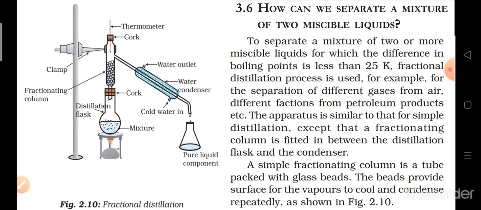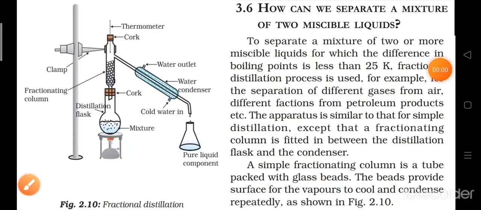So these beads provide additional surface area. The liquid which is not required, having the higher boiling point, is condensed and comes back to the mixture in the distillation flask. The beads provide surface area for the vapors to cool and condense repeatedly,